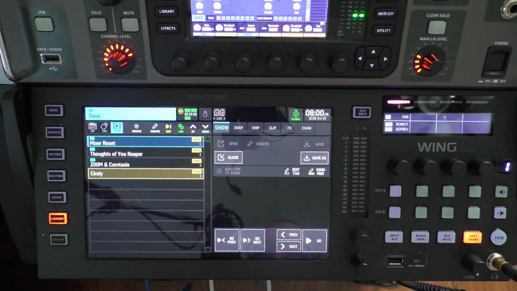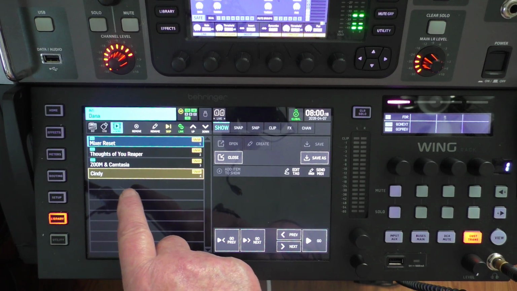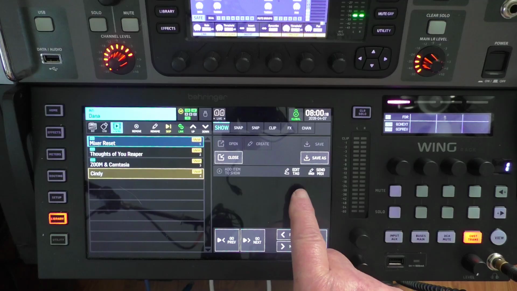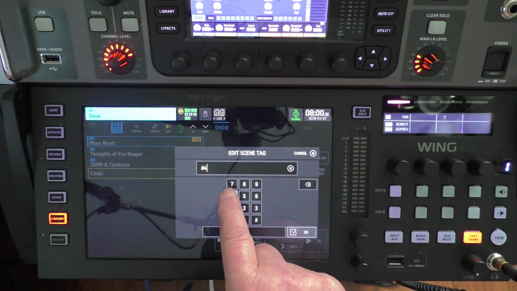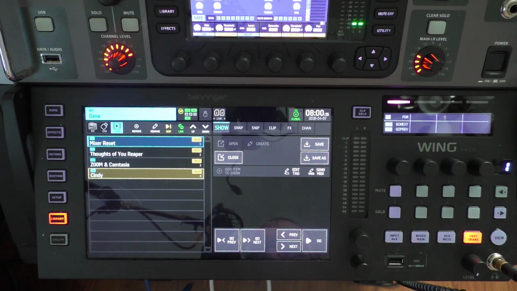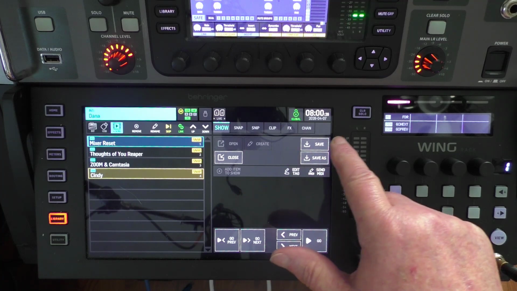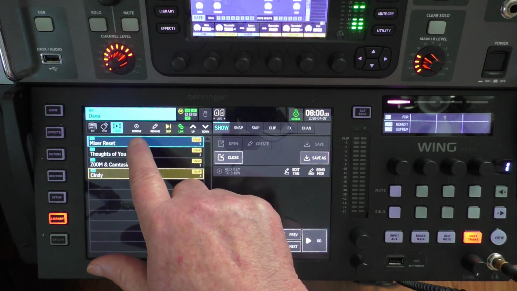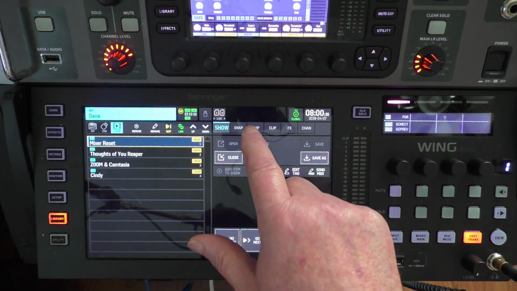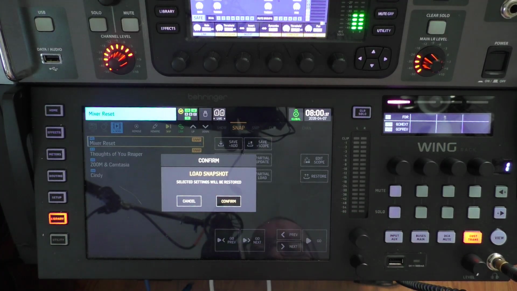If we come over to show, now as you can see, we got Cindy highlighted here, right there, edit tag. We've got to go hashtag number 4 and say okay. You see? Now it puts that hashtag in there. We come up to show and we hit save. And that's it. So now if we come up here and we go back to snap and we load this,